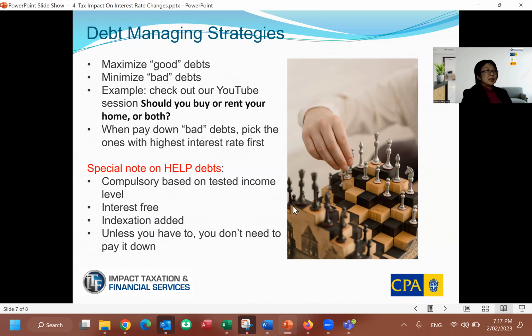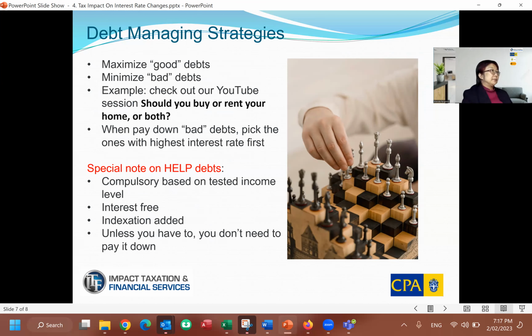So then yeah, I want to mention a few things on how to manage your debt. For tax purposes, purely when you're looking at how to reduce your tax, you want to maximize your good debts and minimize your bad debts. So that means